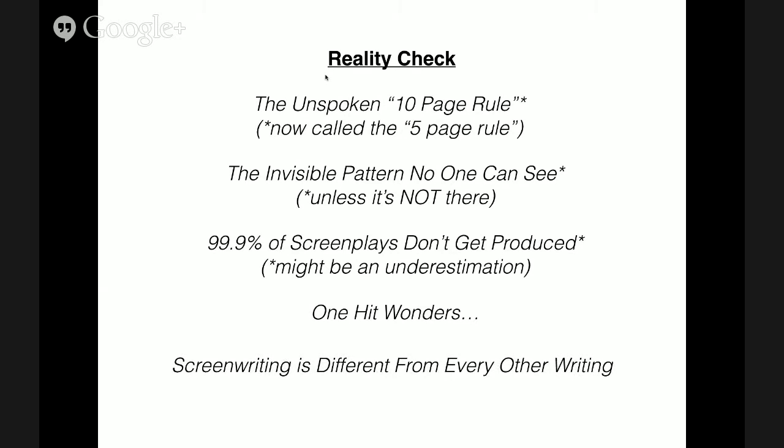Screenwriting is different than any other writing. If you're a magazine writer, if you're a book author, if you write scripts for short internet films, that's not movie writing. Movies are 85 pages plus, and they have a certain pattern of storytelling, a certain style of dialogue, a certain way it looks on the page. And no matter where you're coming from, you're not going to change the system. The system is what it is.